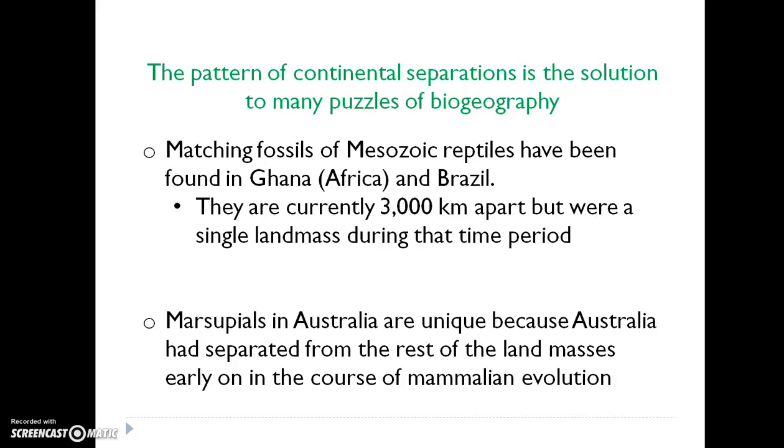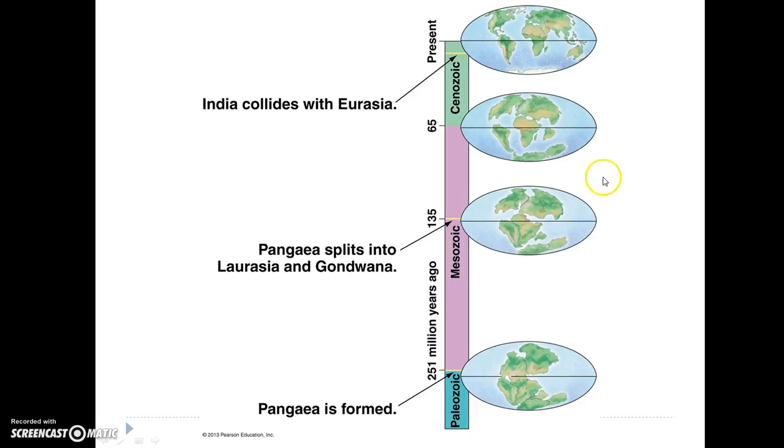The pattern of continental separations is the solution to many puzzles of biogeography. A few examples of this are matching fossils of Mesozoic reptiles that have been found in Ghana, which is a country in Africa, as well as Brazil. These continents are currently 3,000 kilometers apart, but were a single landmass during the time period that these fossils formed. So as you can see here, Africa and South America were once joined,